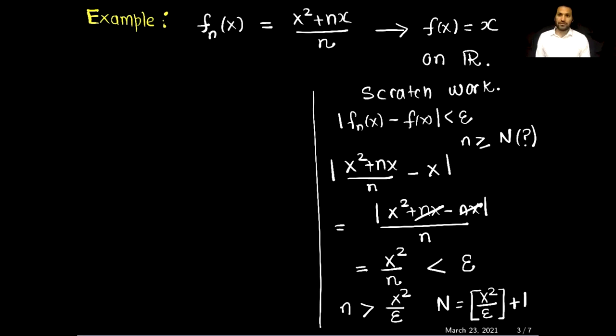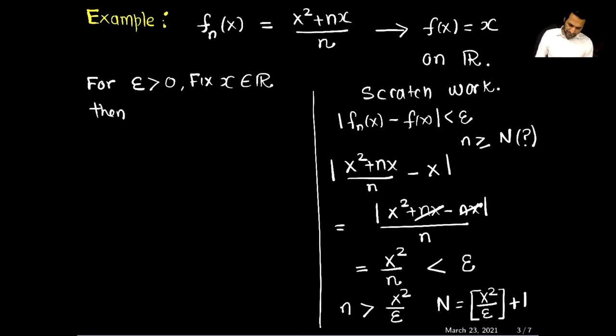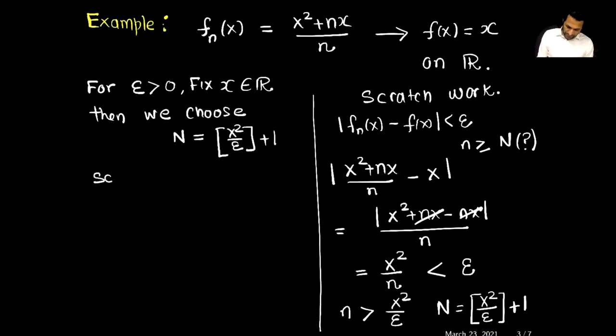Now I will write down the formal proof. So for the proof, first we will choose the epsilon positive, and also we will fix x which belongs to the set of reals, and then we choose the capital N. So the choice of capital N is the greatest integer of x square divided by epsilon, plus 1, so that